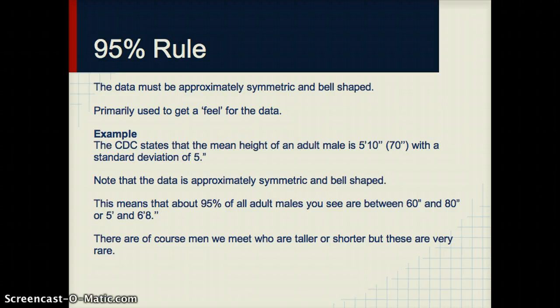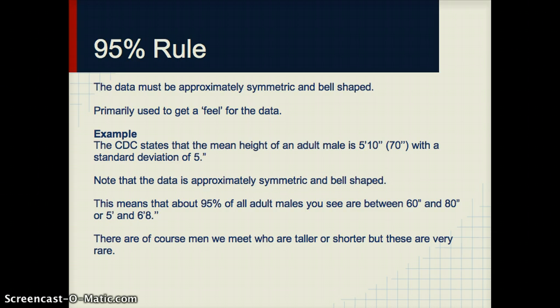First off, the restriction is the data must be approximately symmetric and bell-shaped in order to use the 95% rule. Just because you have a mean and standard deviation doesn't mean the 95% rule applies. The data must be approximately symmetric and bell-shaped. For example, if the CDC states the mean height of an adult male is 5'10" with a standard deviation of 5 inches, which is approximately what the CDC says,